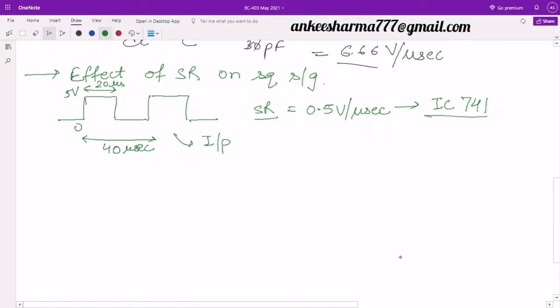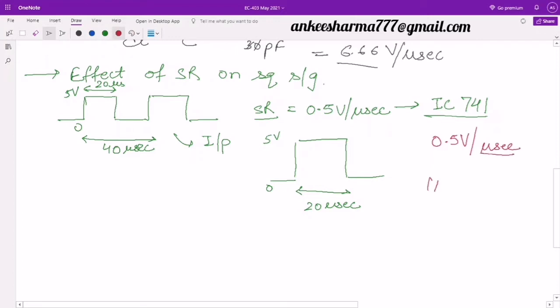So if I take only this positive pulse, if I consider this part only, because here I am getting both the changes from 0 to 5 volt and from 5 volt back to 0 volt, and this duration, as I said, is of 20 microsecond, right? So now look here, due to this slew rate, which is saying that there will be change of 0.5 volt only for every microsecond, means in 1 microsecond my output will change only by the value of 0.5 volts.